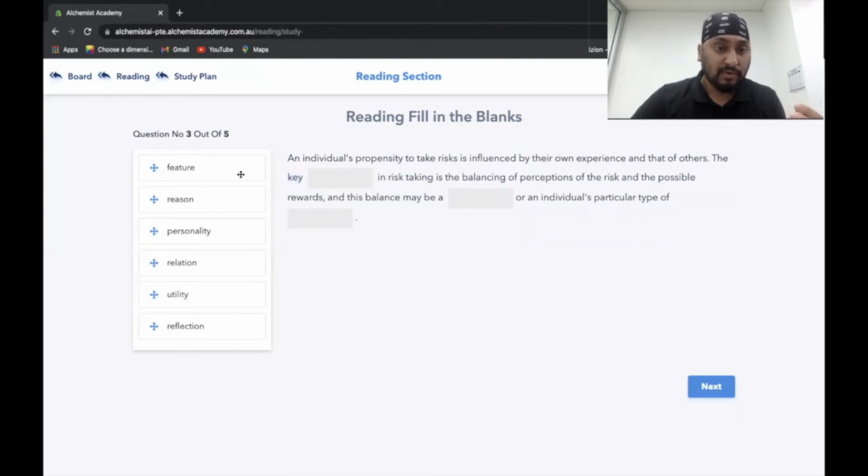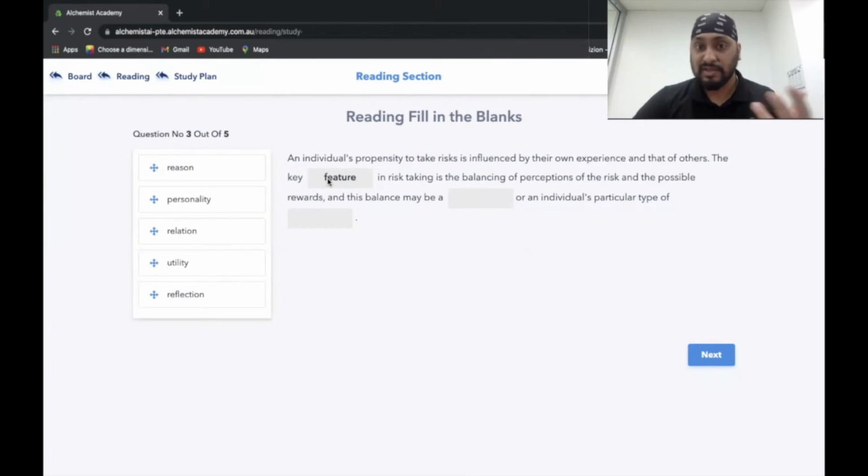So in this case, we had a lot of nouns. We had feature, we had reason, we had relations, we had utilities, reflection. So I would say key, I cannot say utility, can't say reflection, relation. I would say feature,